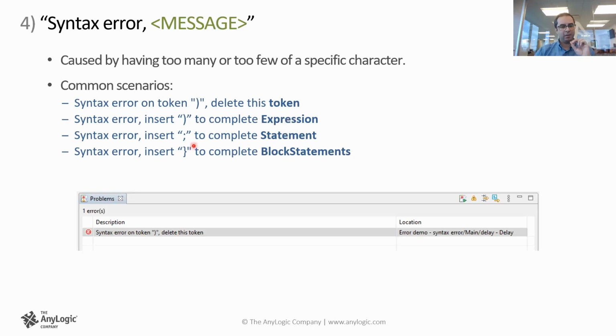And for a statement, the most common one is that you don't have a semicolon at the end. It says, I think there should be an end to this. And with block statements, you might have extra or missing curly braces. These two have the tendency to completely break the flow of your code, and you might get many errors that are just the result of a missing curly brace